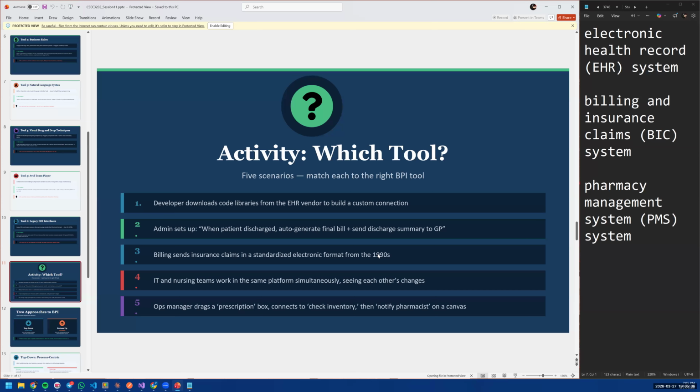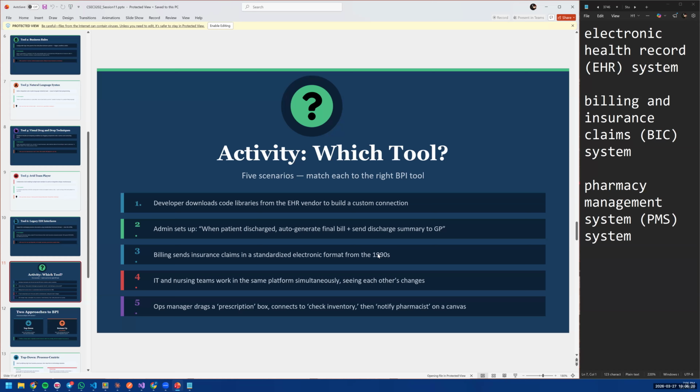I have more to cover, but I think I'm going to stop here because we're covering a lot. So with that, we'd have covered the BPI tools that one would need to know in order to perform business process integrations as opposed to the general systems integration. And we went through the definitions. We did examples on how to identify them. And what we're going to be looking at next week, Tuesday, is the approaches to